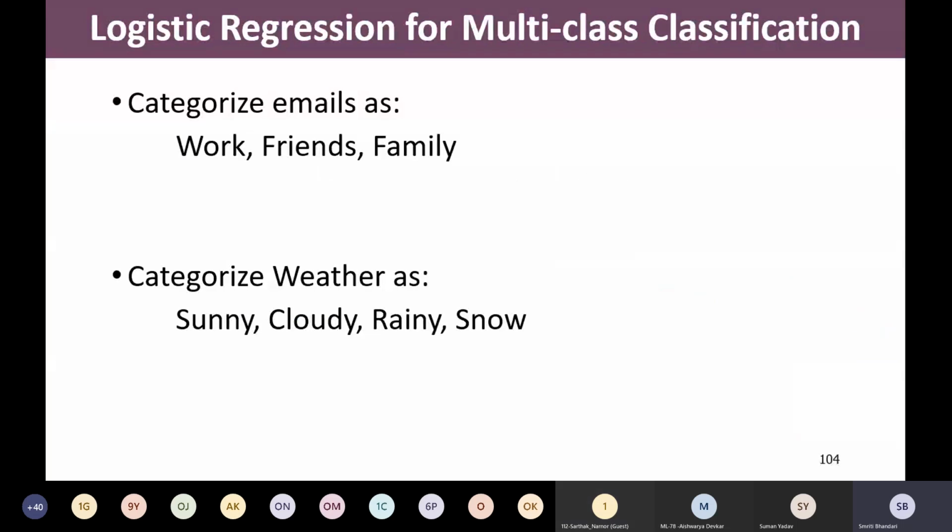In fact, we are going to discuss next, in a simple 5 minutes, I'll be covering this concept. This is really very interesting. We have seen so far that logistic regression can be used as a binary classifier. What do we mean by binary classifier? We have examples that belong to two different classes, and logistic regression is used to predict whether the label for my class is y equal to 1 or y equal to 0.